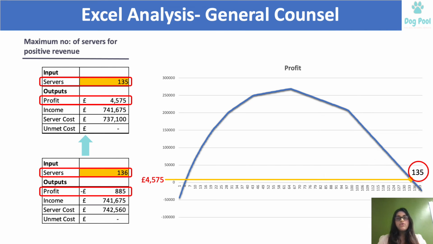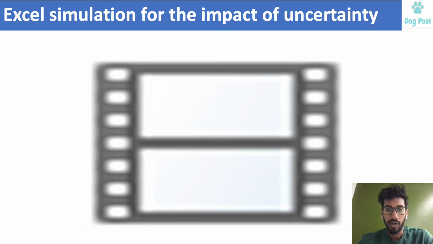So we would just like to offer some general advice to the Dogpool team to not exceed 135 servers, because post this you would be getting negative profits and you would also be having more servers than the demand and customer base. In order to replicate the real life scenario of growth rates changing each and every month,